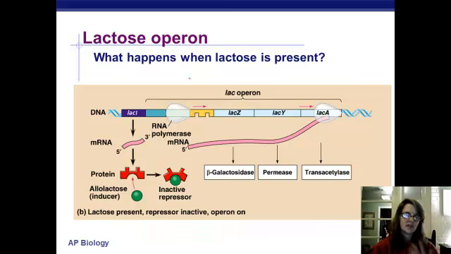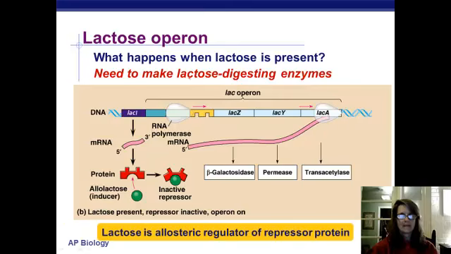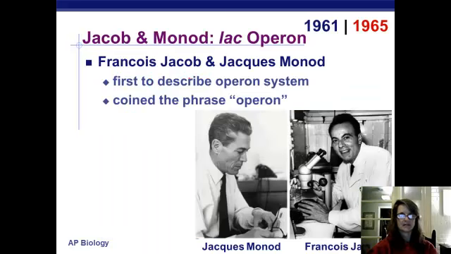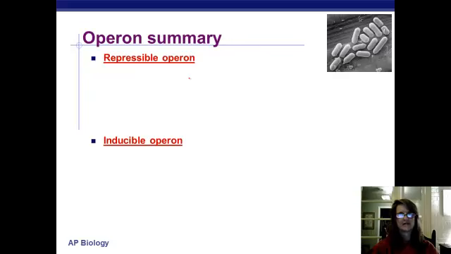Okay? This is called the lac operon. It was one of the very first that was ever figured out how this gene control was achieved, and it controls the production of 3 enzymes involved in digesting lactose. Okay? So lactose, again, is a regulator of that repressor protein, and if it binds to the repressor, it will cause it to lift off the operator region so that the RNA polymerase can work. And these are the guys who kind of figured out about this operon stuff.